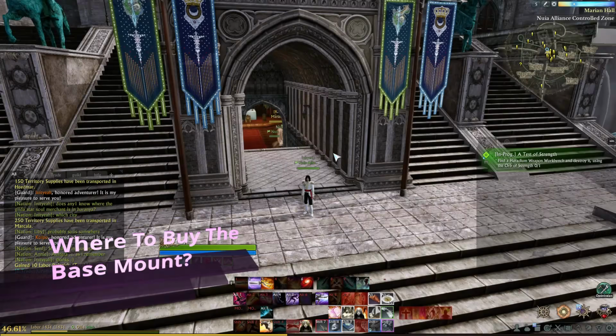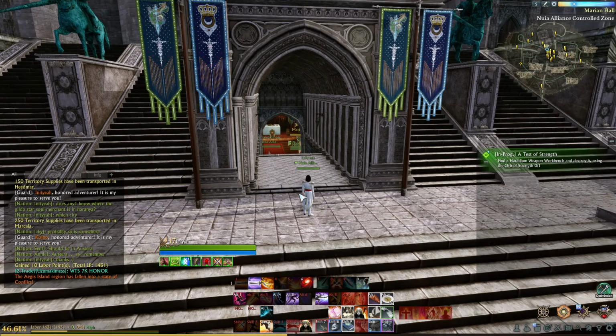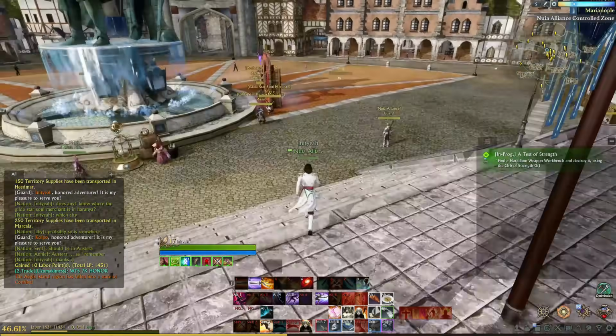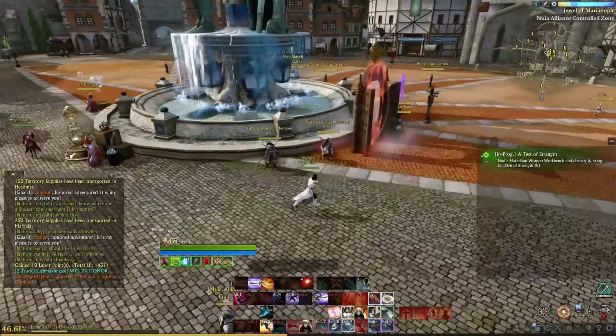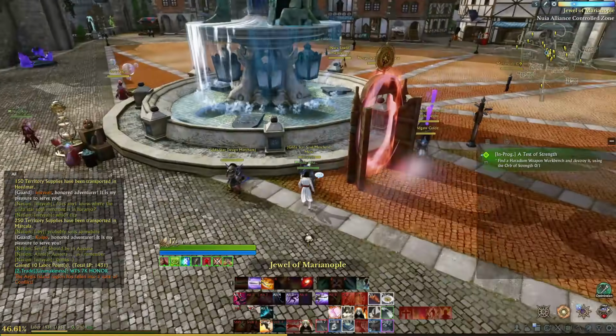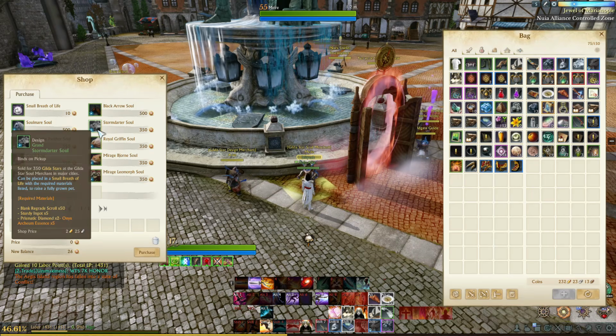Once you have your 360 Gilda Stars, you are going to want to come to Marianople, or if you're on the Haranya race, it's going to be in Austria. I've probably pronounced that terribly, do apologise if so, but run down to your Gilda Star Soul Merchant, which in Marianople can be found just here by the fountain, and then you're going to want to trade him, and in